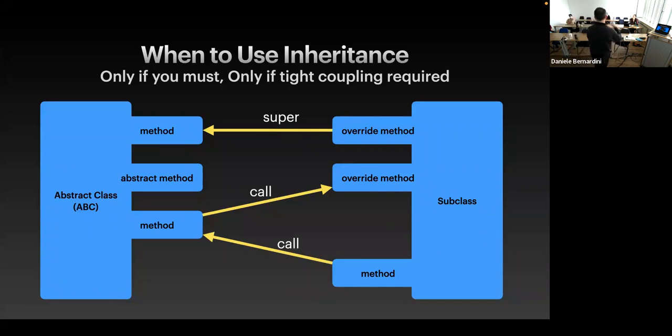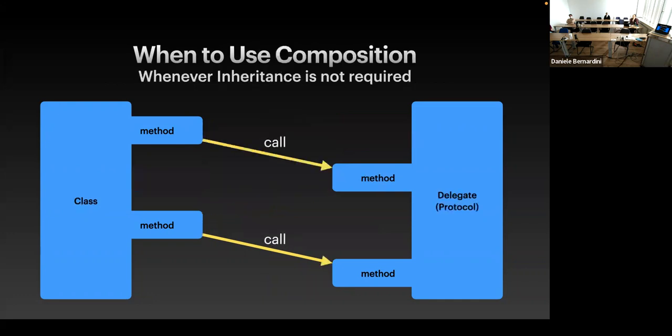You create a class, you create a subclass, and you start with this. And then you check, okay, is this really required? Do I really have to call back my superclass? Is this something that is well designed? So you start refactoring your code, and at some point you might end up in a situation like this, where you have your main class that has some specific methods that are the ones that get called from the framework that you developed, and then you have some